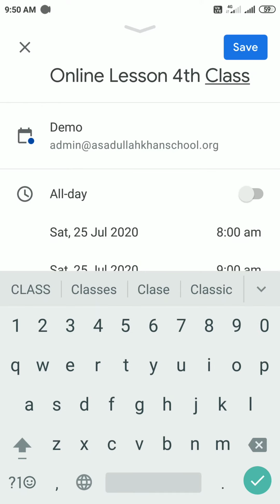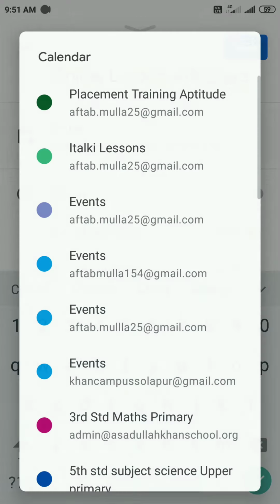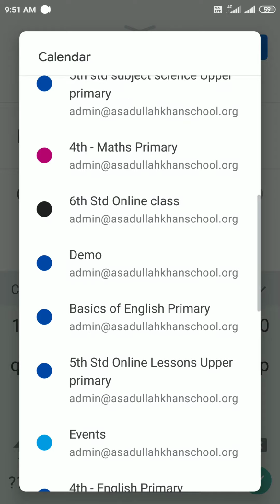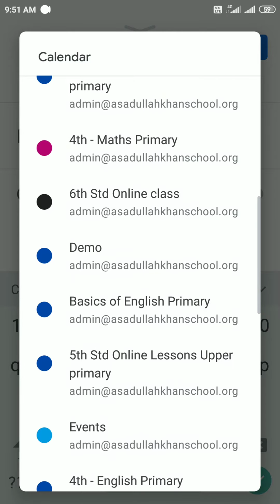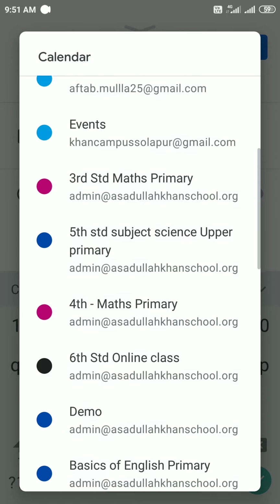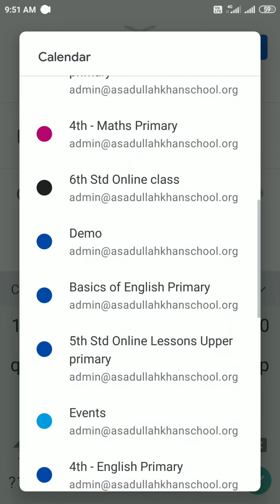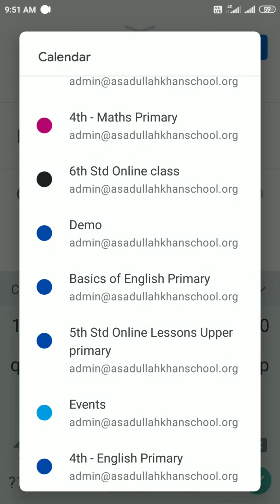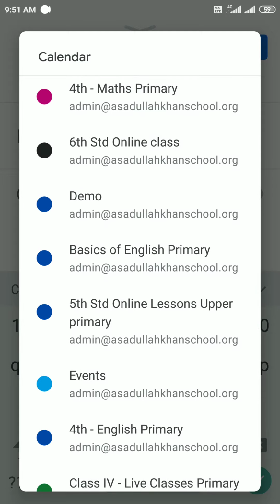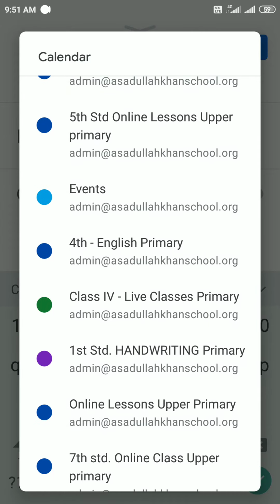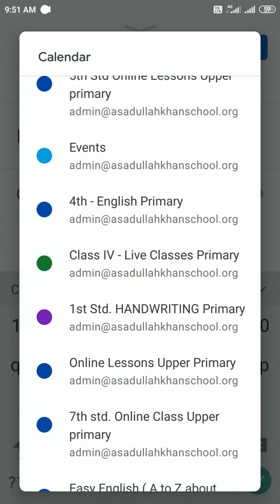Now you have to select the calendar. As you can see, it is already showing me different classes over here. So for which class do I want to set the event? Every class has a different calendar, by the way. You can set different events and appointments in one calendar. For example, I'll just take this class for live classes.